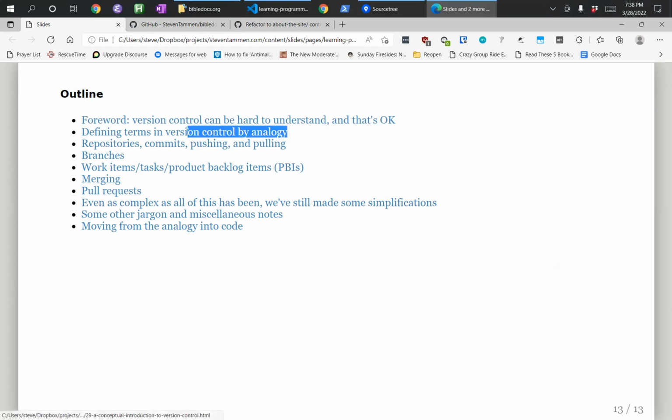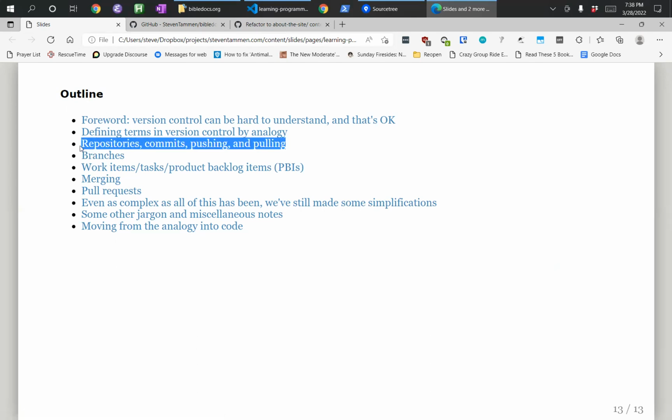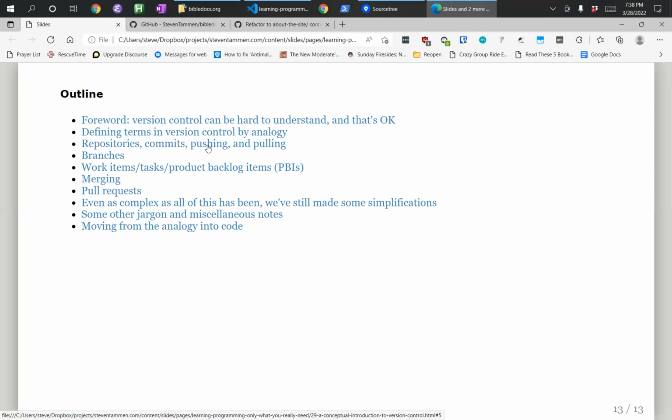So then we talked about our analogy here of viewing this idea in terms of transaction ledgers for businesses. So business accounting is a good parallel analogy to use here for tracking code changes and version control. We talked about repositories, commits, pushing and pulling, right? Repositories are the local copies of the ledgers that individuals have, versus the one at the bank. Commits are these atomic operations, these transactions that get recorded in the ledgers. Pushing is when someone takes their ledger and updates the bank's ledger based on what they've been doing. Pulling is when they go to the bank, get information about what other people are doing, and put it in